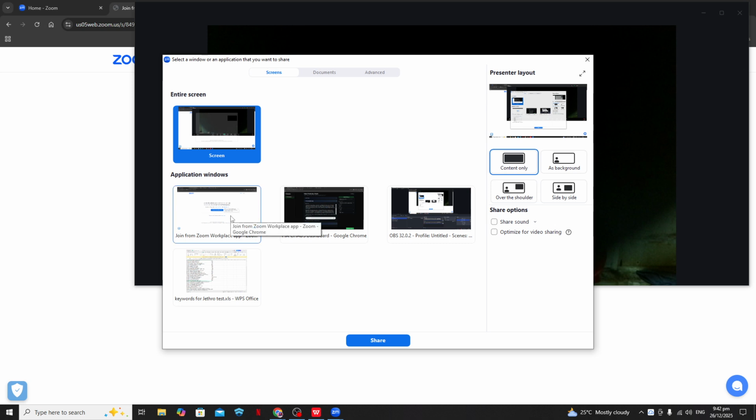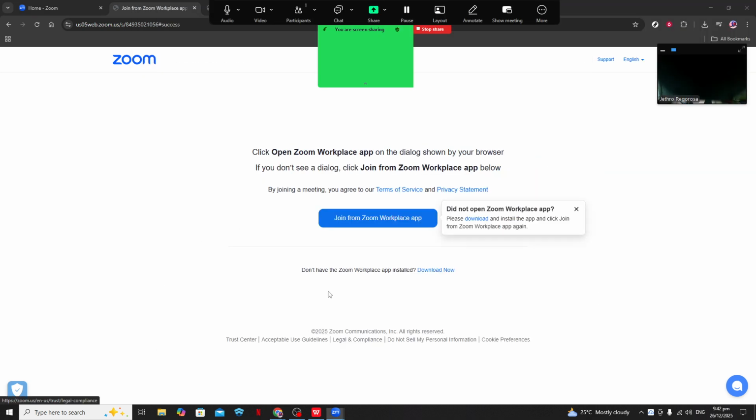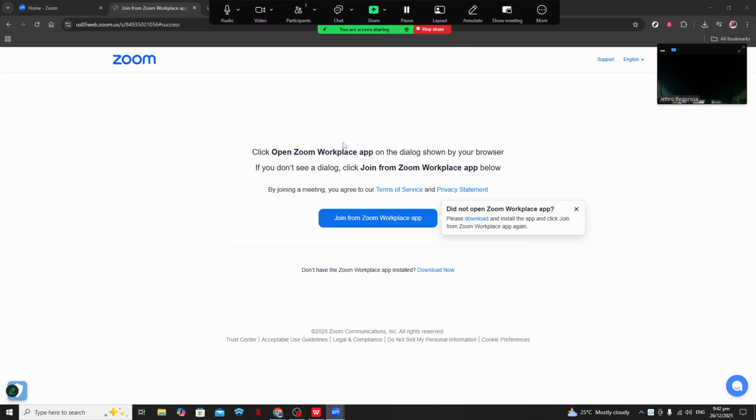A useful tip is to arrange your screens in advance if you have multiple monitors or an external display. Place Presenter View on one screen and the shared slides on another. Then simply select the correct window in Zoom. This makes transitions smoother and prevents any accidental sharing of information you want to keep private.